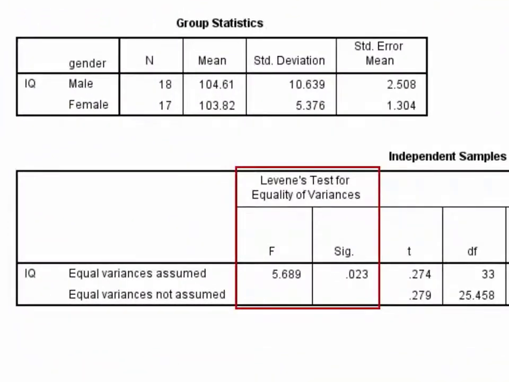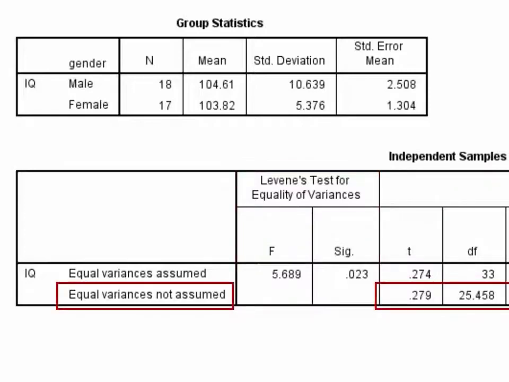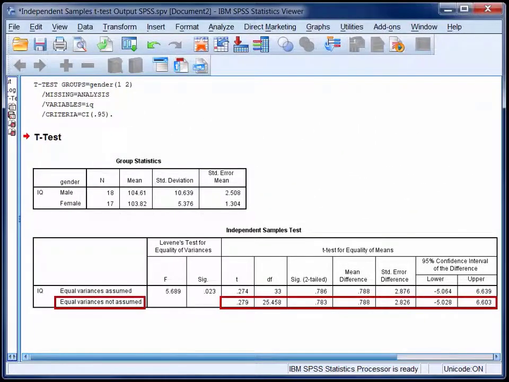The first test is Levene's test for equality of variances. The null hypothesis for this test is that the 2 group variances are homogeneous, or the same. In other words, it's a test of the homogeneity of variances assumption. When Levene's test is significant, as it is here with a significance level of less than 0.05, the homogeneity of variances assumption has been violated. Consequently, we need to report and interpret the t-test for equal variance is not assumed, which is also called Welch's